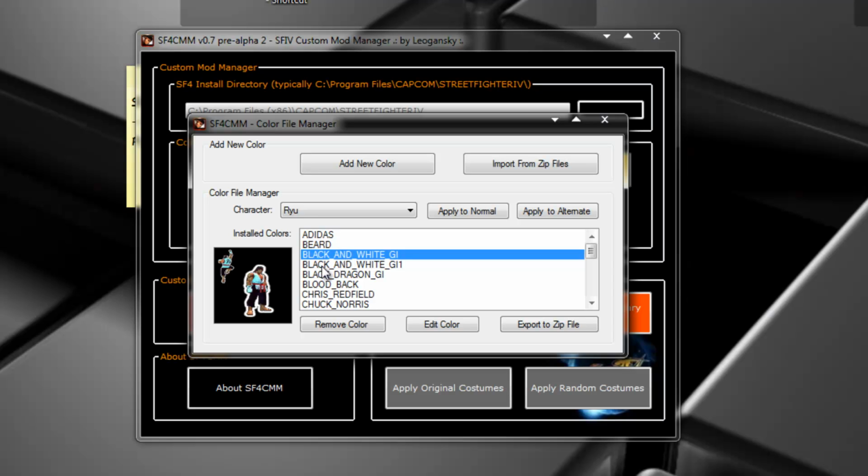So when he was trying to write the costume black and white gi, he realized that it already existed, so he would override that costume. But you can have different costumes with the same name. So basically what he did was, well, I don't want to override it by accident, so I'll just name it black and white gi 1. And if we did another import, it would name it black and white gi 2, and so forth. But as you can see, in a matter of seconds, you have all of these